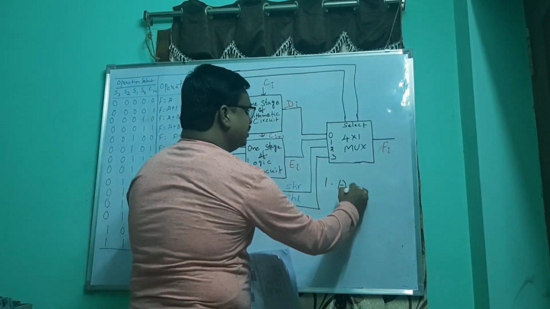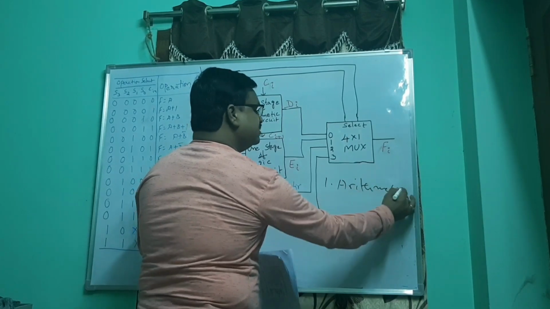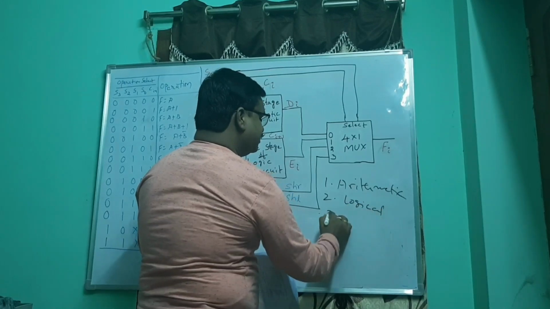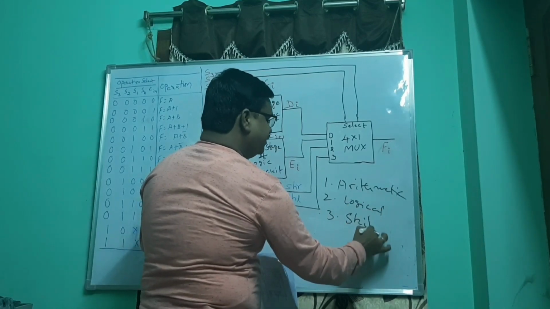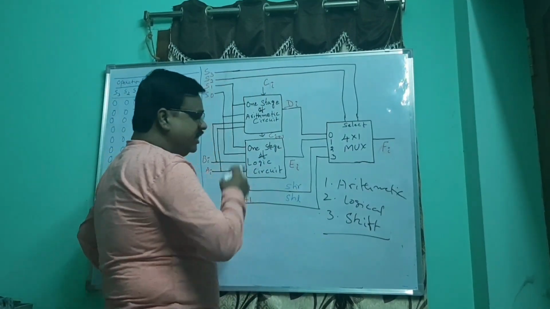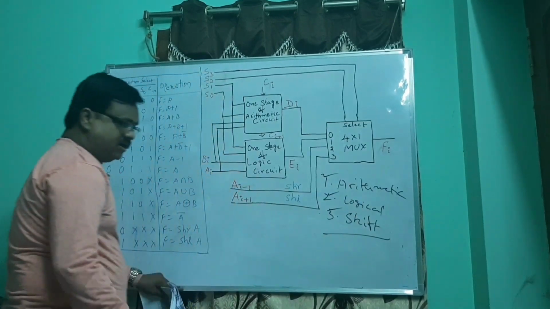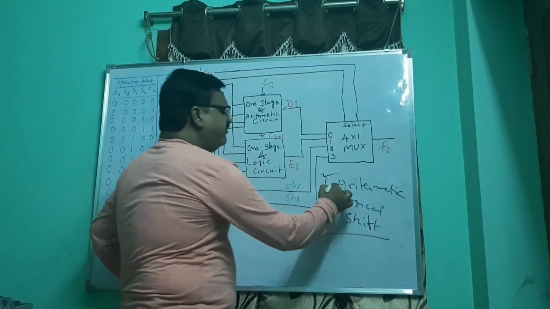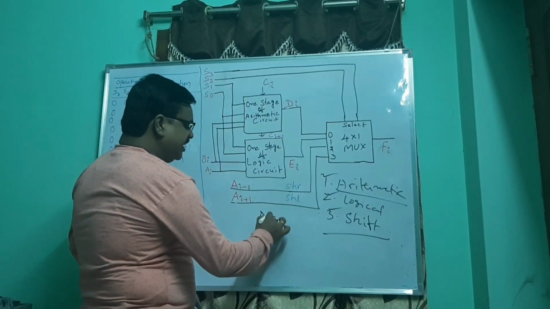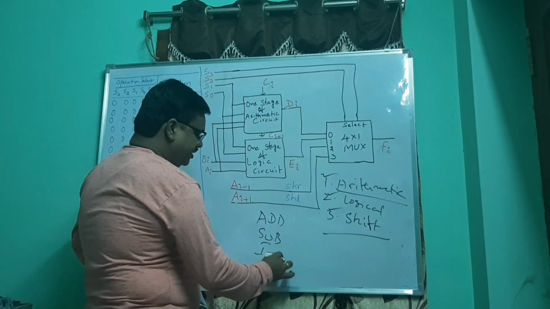One is arithmetic, second one is logical, and third one is shift. So now our question is, do we need to have separate circuits for performing each micro operation or not? Previously, when we discussed arithmetic, there the basic operations like addition, subtraction, increment, decrement we have discussed,